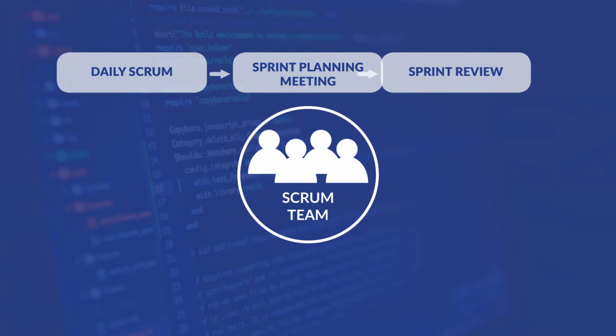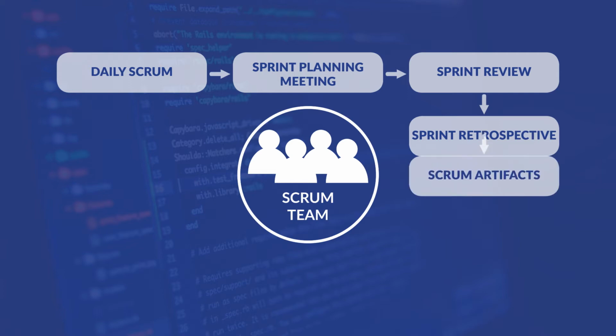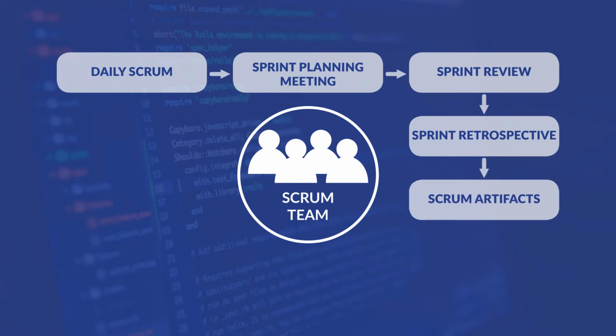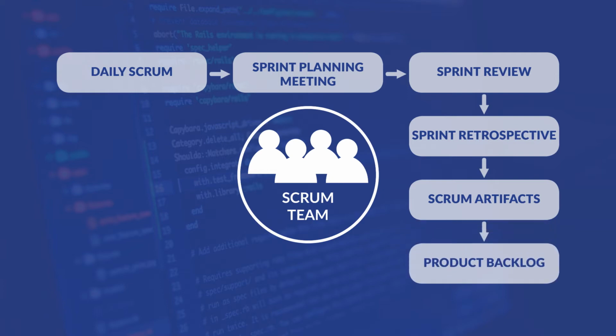Next is sprint review, which is the time to show off the increment. We also have sprint retrospective, which is a meeting held after a sprint ends. Everyone here reflects on the sprint process. We also have Scrum artifacts, which are used to see what's been done and what's still in the queue. Next is product backlog, which refers to what remains on the to-do list, and the team here works with the owner to prioritize work that has been